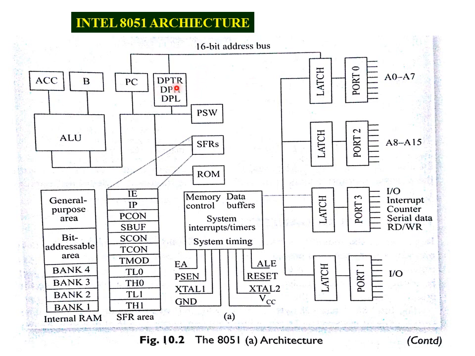Now see DPTR, nothing but data pointer. It is a 16-bit register divided into data pointer low and data pointer high, nothing but one byte low and another byte high. It is preferred to store your data pointer register. And PC is nothing but program counter, which stores the address of the instruction or the address of the data to be called from the memory or input output devices.